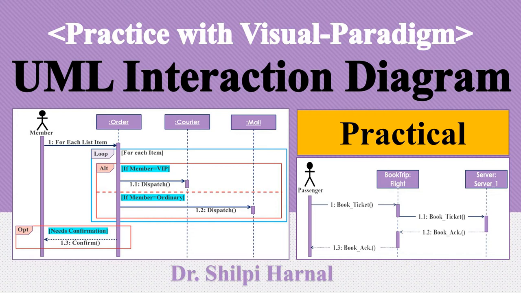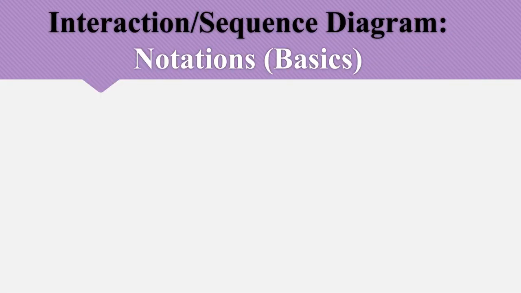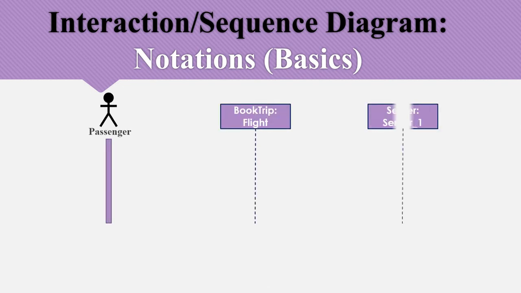In this video we are going to draw these diagrams for these two examples with the Visual Paradigm tool, and this tool is freely available for non-commercial use. Students, developers and researchers can use this tool to easily draw their interaction diagrams to represent the dynamic behavior or the structure of the flow of messages in their application. So let's start. We are going to draw the sequence diagram for the simple booking system as the first diagram,